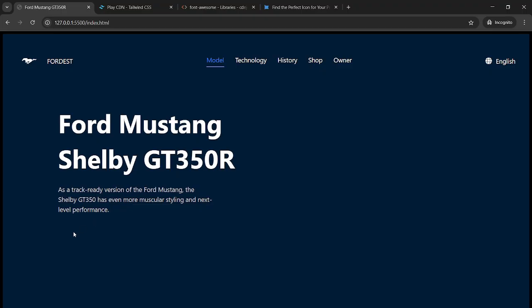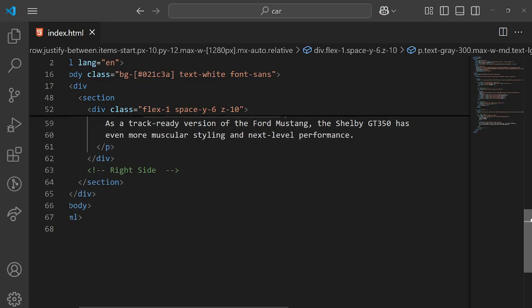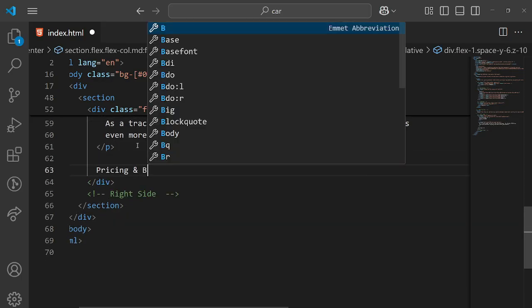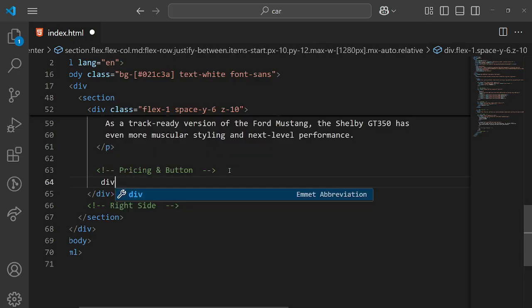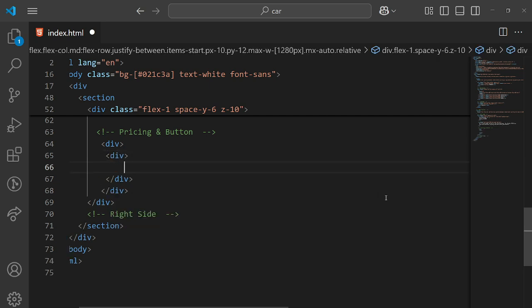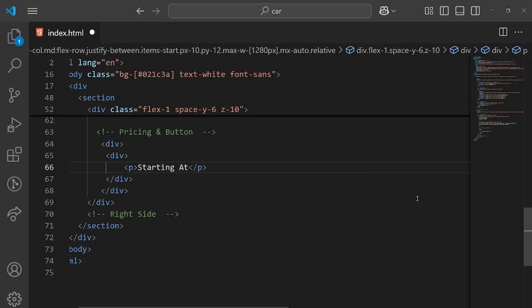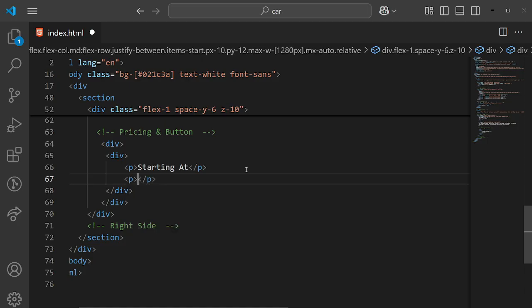So below this description, we need to put pricing and button. Okay, so for that, let me go back to the VS Code, and after this P tag, let me create a comment here, pricing and button. So below this comment, I'm going to create a div, and inside this div, I'm going to create another div, and inside this div, I'm going to write our pricing. So for that, let me create a p tag, and here, starting at, let me create another p tag, and here the price is